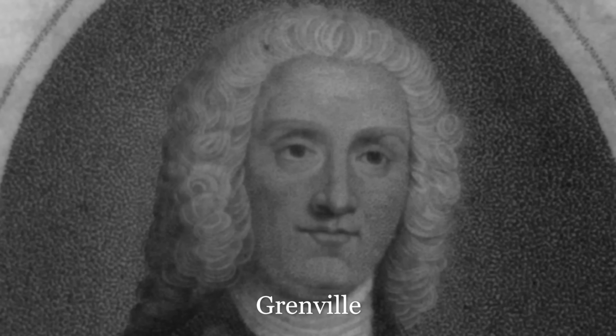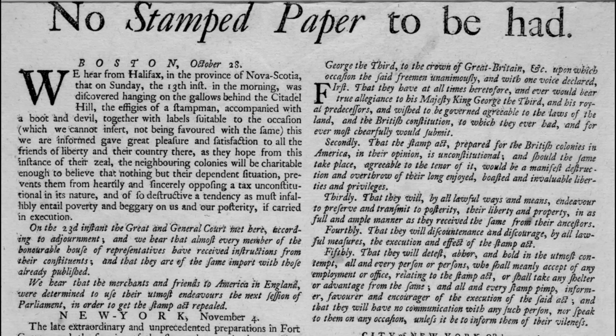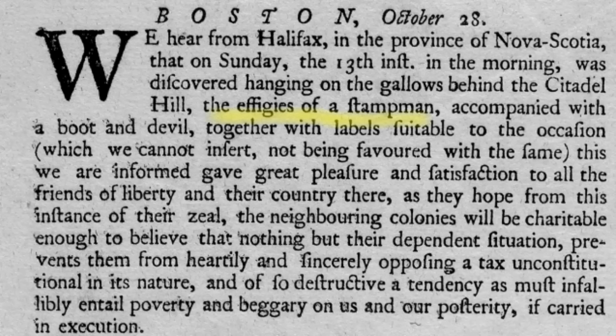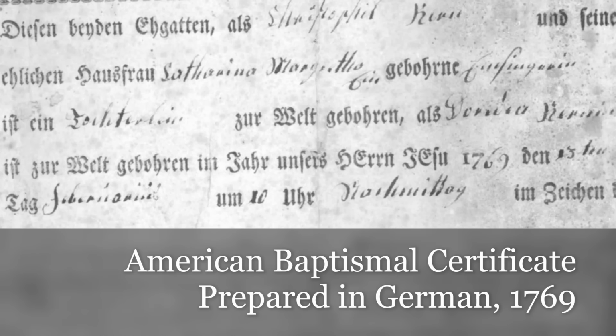Grenville meant for the Stamp Act to pay for colonial defense, so it only made sense to him and Parliament that America would help with the paying of their own defense. However, because the Stamp Act taxes those that use paper products, professions of means like lawyers, newspaper printers, clergy, and politicians are all affected. So Parliament alienates professional classes in America.